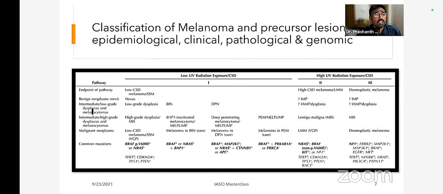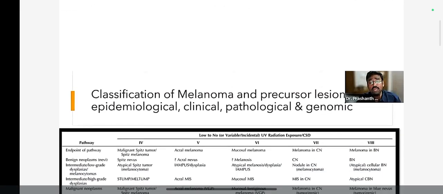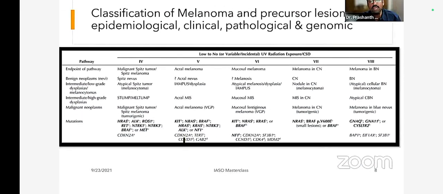फिर ये हाई यूवी रेडिएशन और लो यूवी रेडिएशन। तो हाई यूवी वाला अपना ये वाला था, लो में मेलेनोमा नीवस, और हाई वाले में हाई सीएसडी और डेस्मोप्लास्टिक मेलेनोमा हाई वाला है। ठीक है, तो इसमें तुमने ये ब्राफ और रास ये सब बता ही दिया है, इससे काम चल जाएगा हमारा। ठीक है, तो इसके पाथवे इतना तो मत पढ़ पाएंगे हम, पर एटलीस्ट वो ऊपर वाला लिख के आएंगे तो कुछ नंबर मिल जाएंगे।